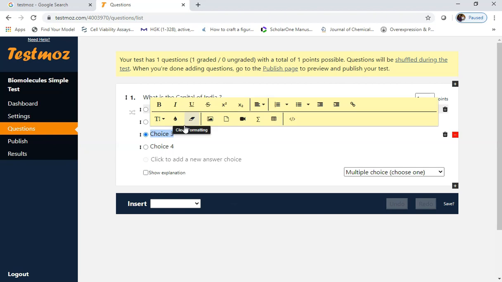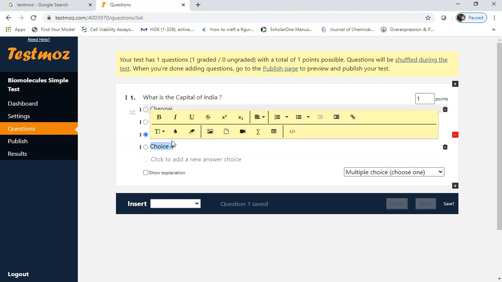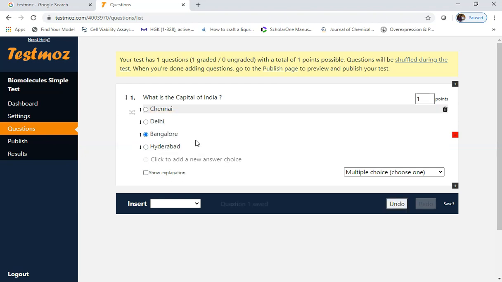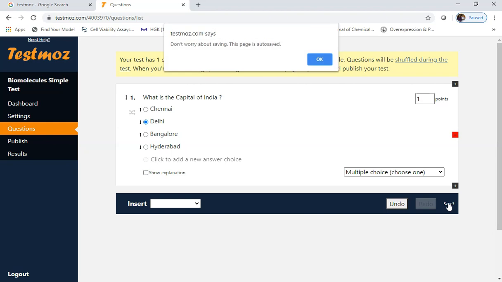Fill all the choices. Then click the correct answer by checking the relevant box. And go for points. Allot marks, 1 or 2 marks, your wish. Show explanation if you want. If you click on save, it says don't worry, it is auto saved.